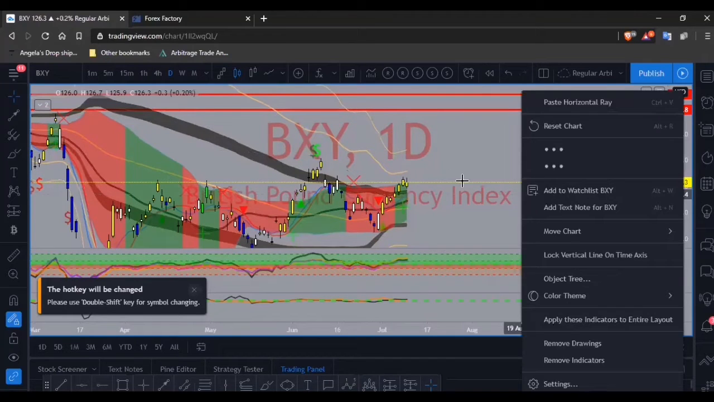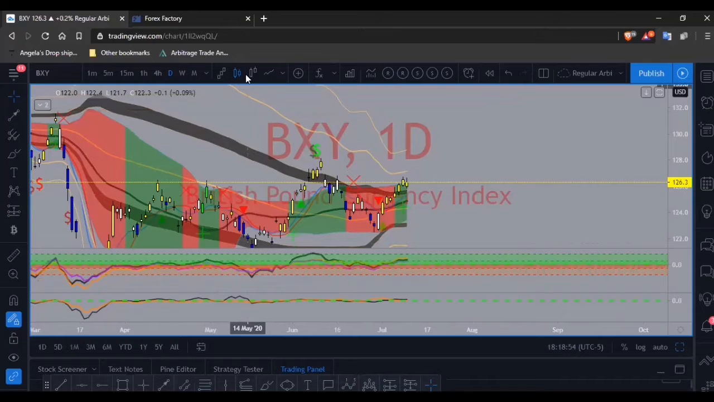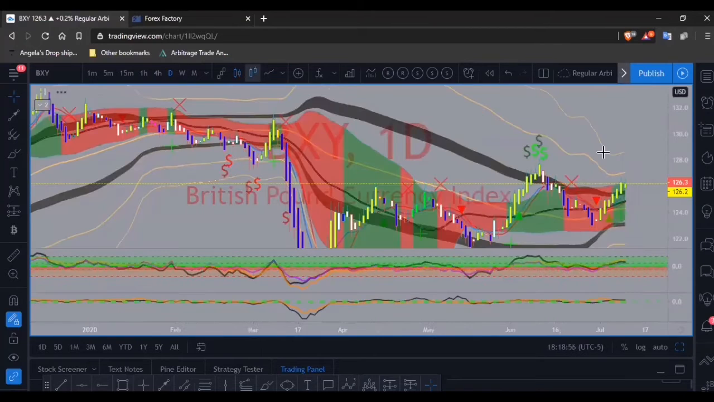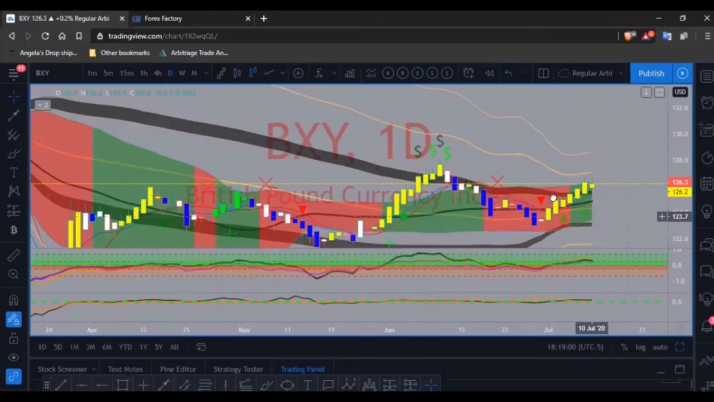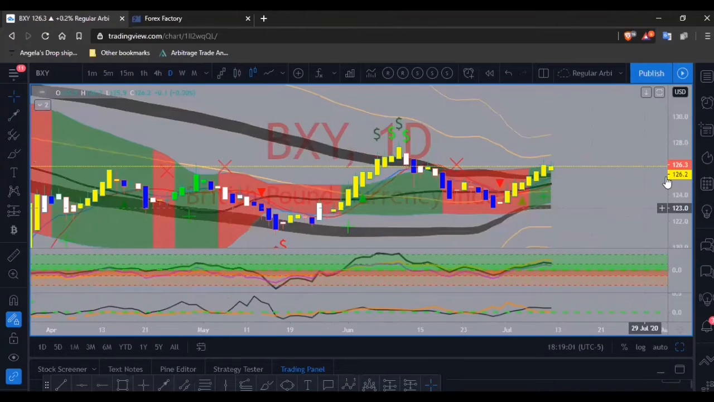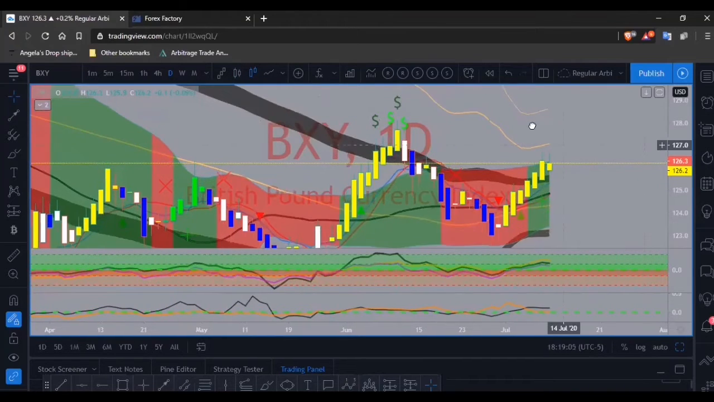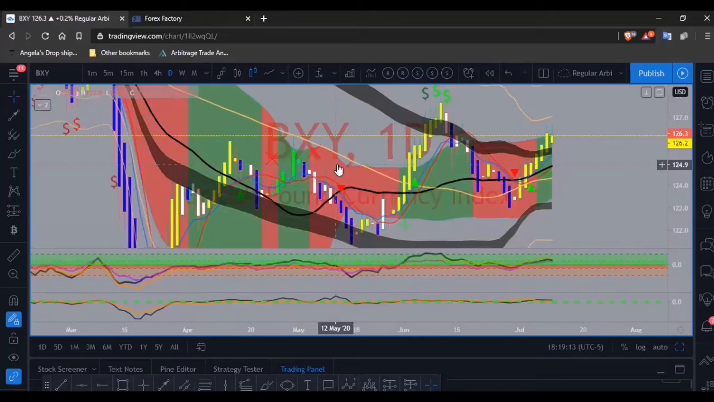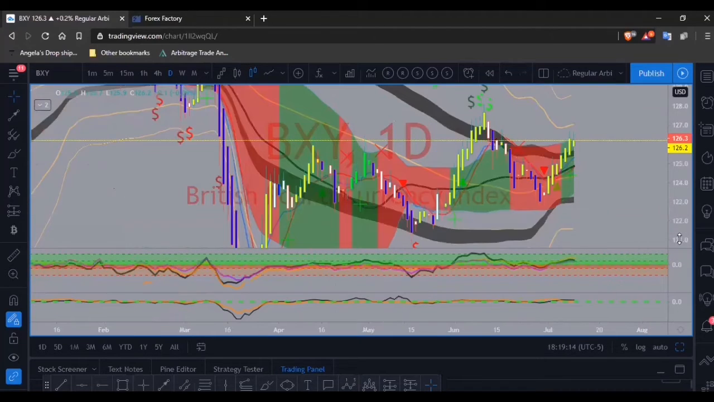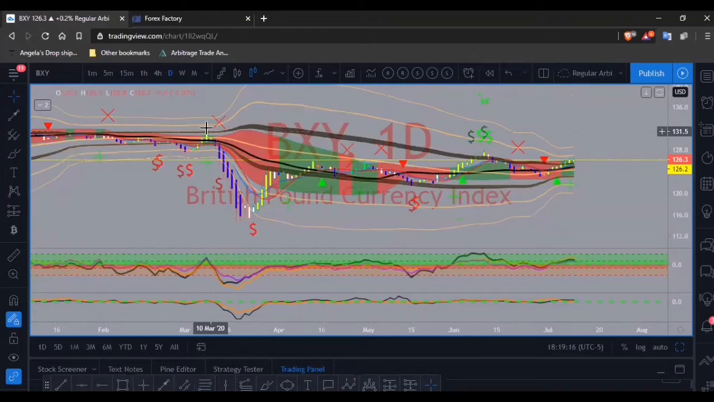Remove drawings. All right. So the BXY right now looks exactly like GU, right? It looks literally the same. Actually, let me do it this way. If we look at it from this point of view, right,